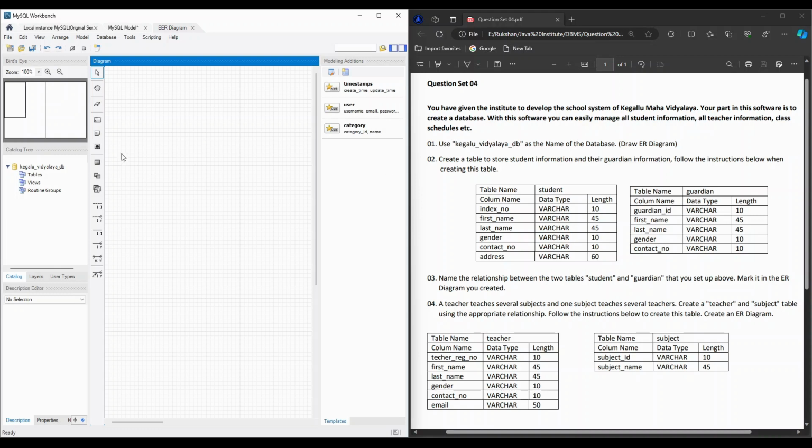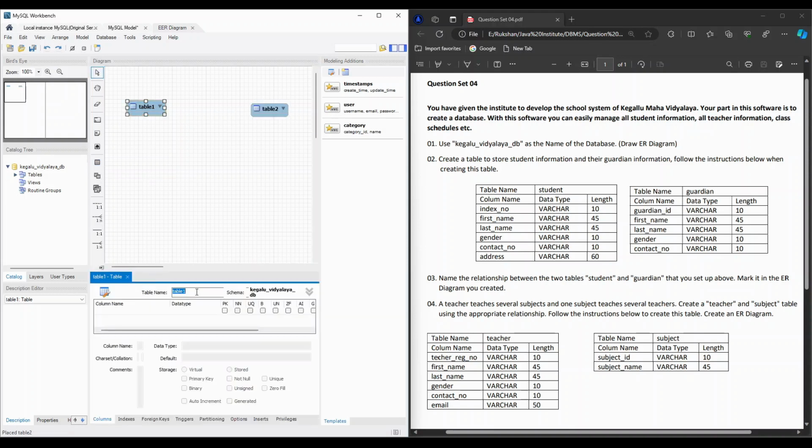Okay, now let's create the tables. I'm going to create those two tables, and I double click on table 1 node. Then I change the table name to student. I chose the student table as the first table. As you like, if you like, you can choose guardian as the first table. So I chose the student,